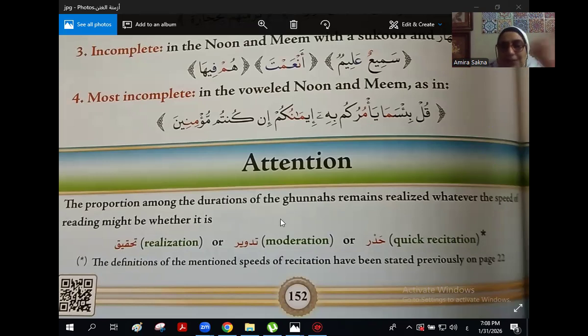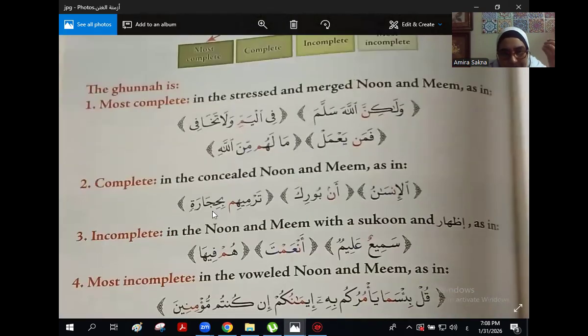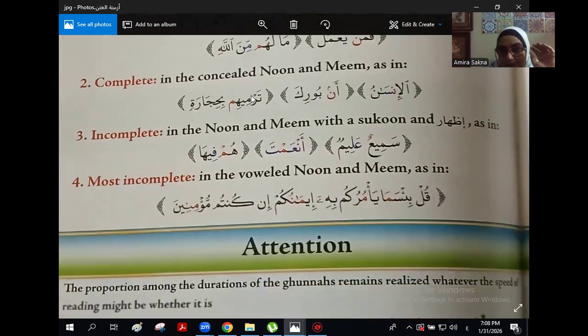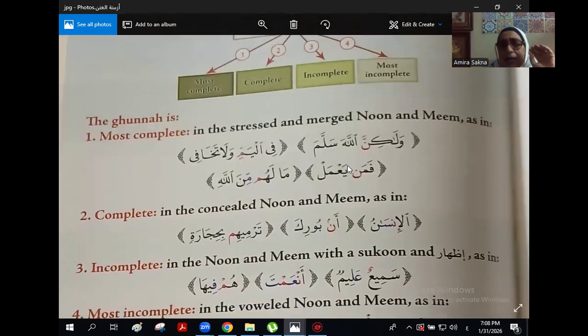Which means when I'm going to recite this part with تحقيق, the slowest speed, realization, I'm going to say أعوذ بالله من الشيطان الرجيم ولكن الله سلم,